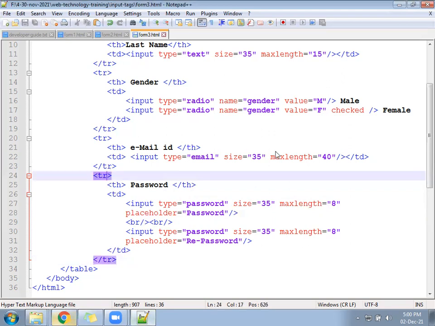This is the design. This is the final code. Basics are not very difficult. It's simple.